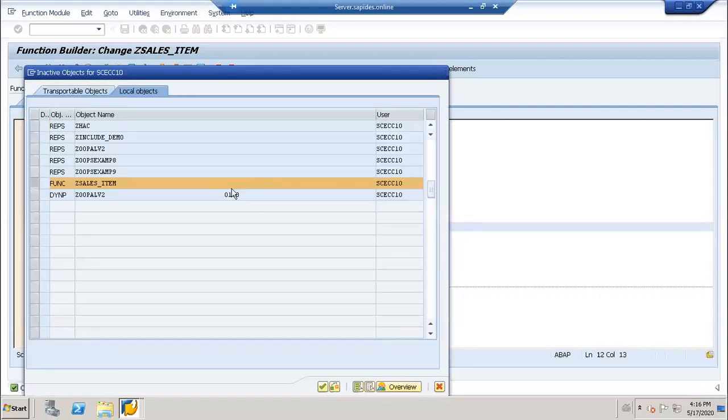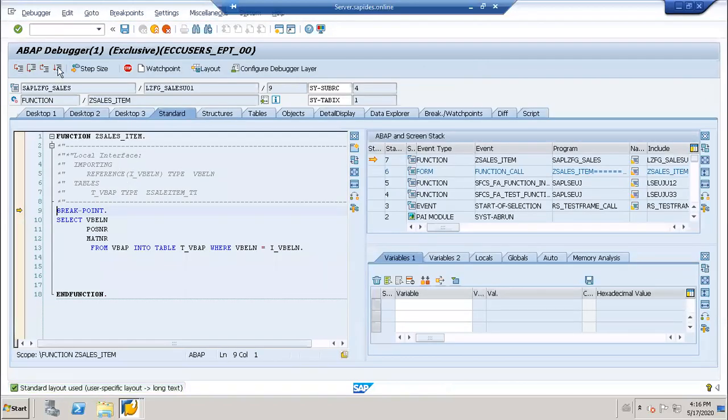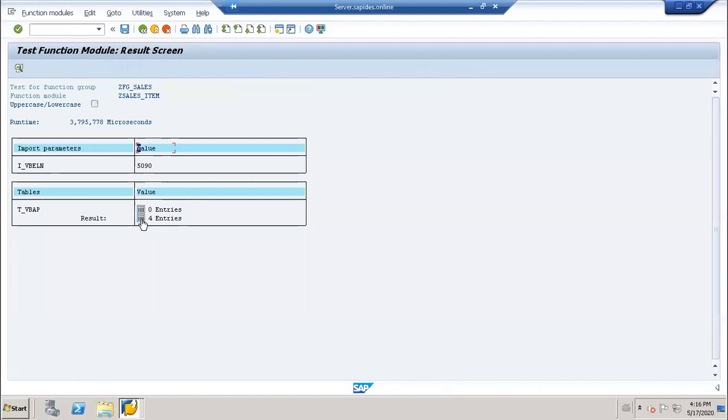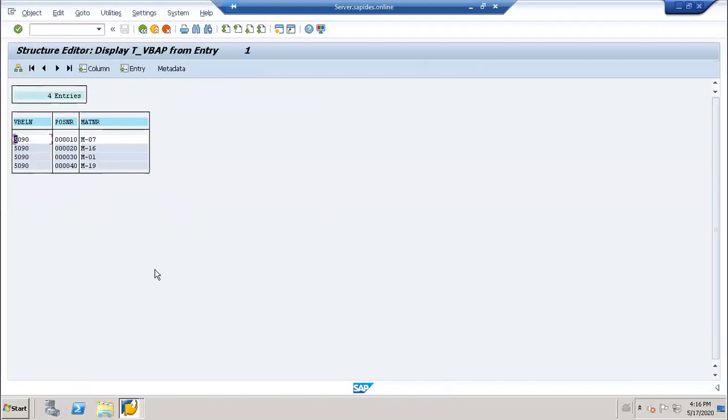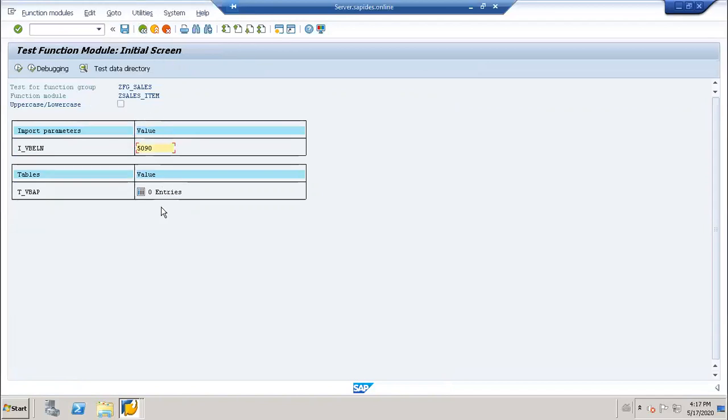Activate them. Here I can run this. Now I have to give sales order only, 5090, and as soon as you execute, just F8. So can you see you are getting 4 entries? Okay, got it. Yes, sir. So that means the function module can be executed independently.